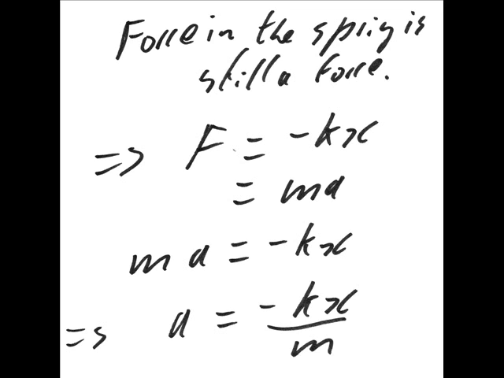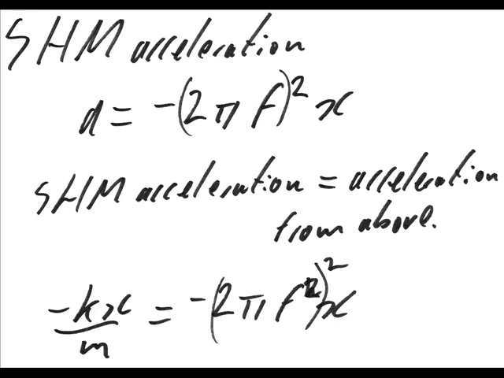If you rearrange this, you can show that acceleration in the spring is equal to -kx divided by m. From our studies of simple harmonic motion, we know that acceleration is equal to -(2πf)² times displacement x. Acceleration in a simple harmonic oscillator is the same as linear acceleration and obeys Newton's laws, so we can say that the acceleration in Newton's law, which we've shown is equal to -kx over m, is also equal to the acceleration in simple harmonic motion, -(2πf)²x. Putting these two equations together,